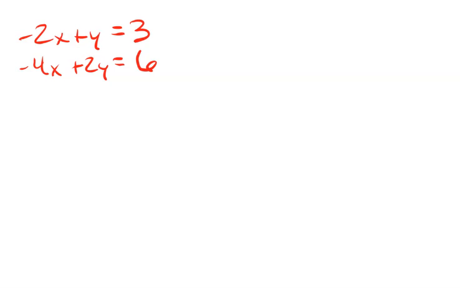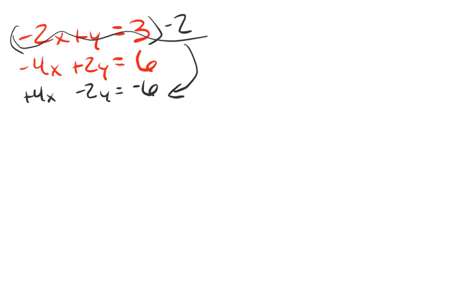Okay, so if we solve this using elimination, I would multiply the top by a negative 2. That's going to make something cancel. And when I multiply the top by a negative 2, watch what happens. That gives me a positive 4x, a negative 2y, and a negative 6. So now when I add straight down, the x's cancel, the y's cancel, and those cancel. Everything cancels,